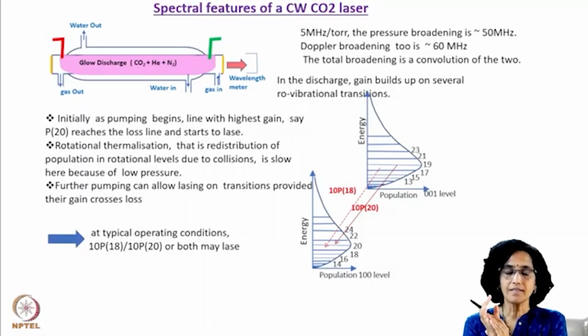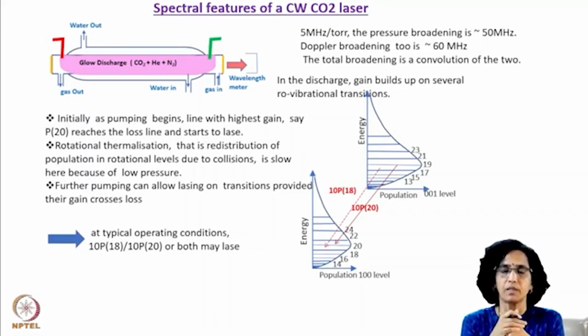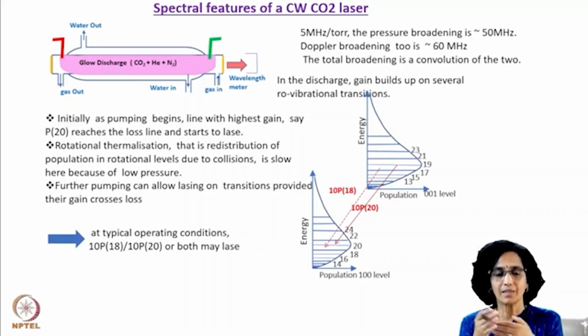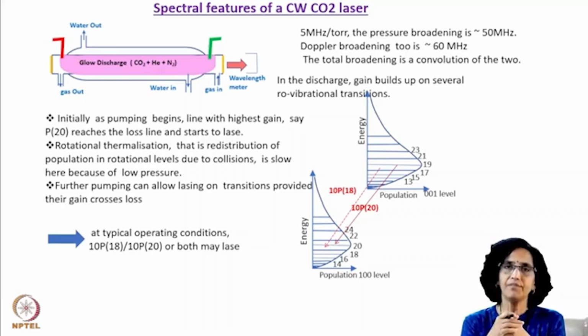In the last class, we studied the various kinds of broadenings that are possible in a gaseous medium. We studied natural broadening, which is a kind of homogeneous broadening. What is homogeneous broadening? What is inhomogeneous broadening? We saw some examples of each kind. And then we moved on to study the spectral features of a CO2 laser, and we started with a CW